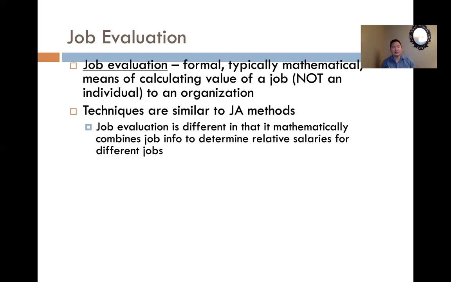So a job evaluation might say filing papers, that gets a 1. That's not very complex. Mixing chemicals to make chemistry things, that's more complex. That's a 6. The last time I took chemistry was in high school, and I did very, very poorly. So that's as far as that example is going.